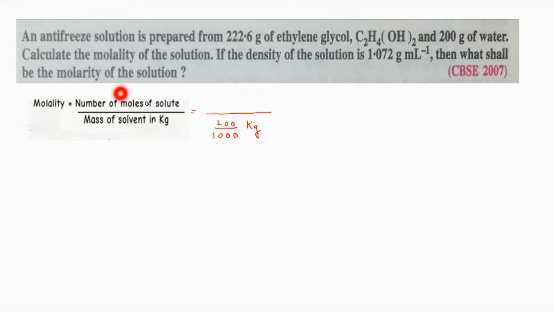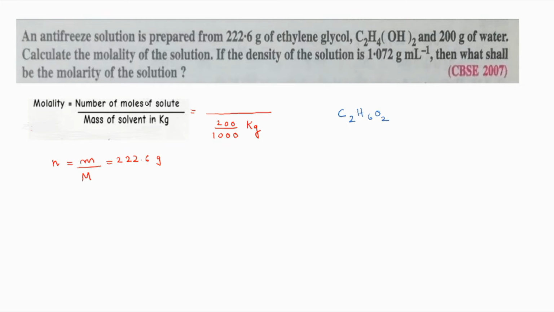Now, how to calculate the number of moles of the solute? For that, they have given the mass of ethylene glycol. If you could calculate the molar mass of ethylene glycol, we can find out the number of moles. What is the shortcut formula to calculate number of moles? Given mass divided by molar mass. What is the given mass? That will be equal to 222.6 gram. Now, calculate the molar mass of ethylene glycol. So, the same formula can also be written as